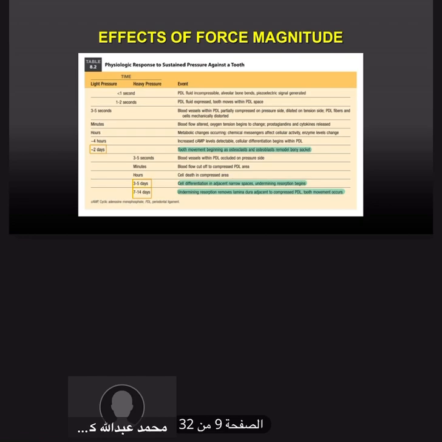But at the same time, if heavy pressure is applied for 3 to 5 seconds, what happens? The blood vessels within the PDL are completely occluded on the pressure side. Within minutes, the blood flow is cut off to the compressed PDL area, and in hours, cell death occurs in the compressed area. When the light forces were applied, metabolic changes occurred through chemical messengers, cellular activity was beginning, and the cells started to differentiate. Here,